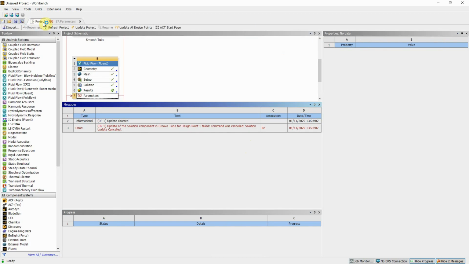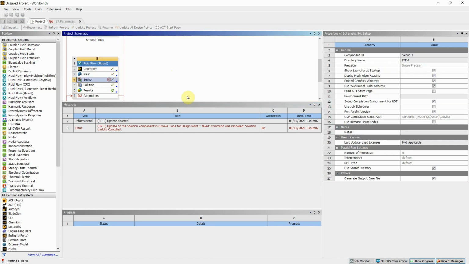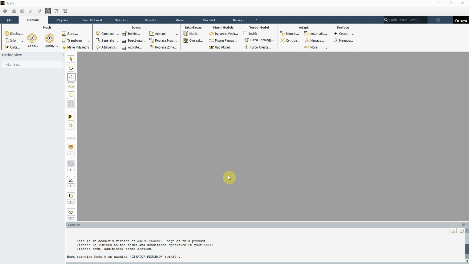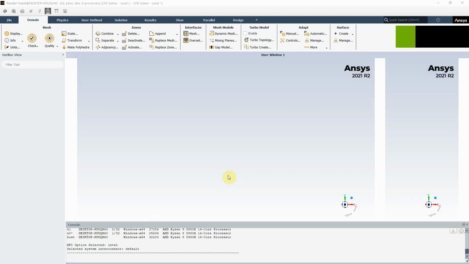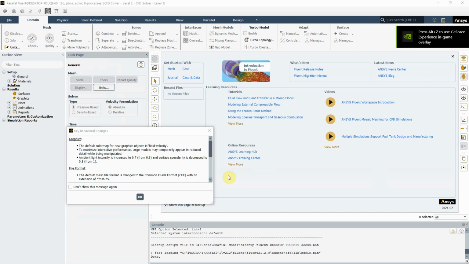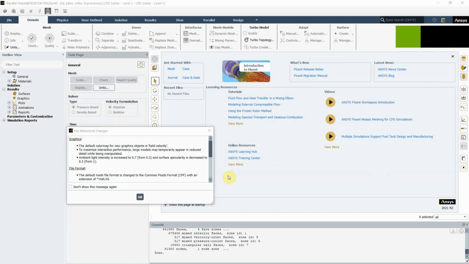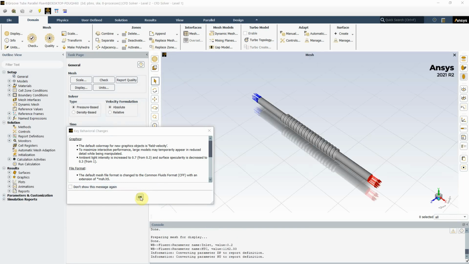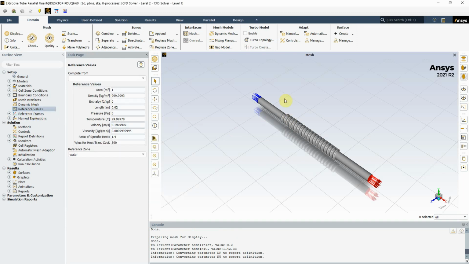Because the spiral groove has a much greater surface area, you will actually have to go into the setup. This is very important: in the setup, in the reference values, you have to change the overall diameter. The diameter is not 0.02 in total, because the spiral groove also adds extra area to it. You have to increase the diameter, because it's 4 millimeters going up and 4 millimeters going down. So the overall diameter now in the reference values, maximum height-wise, is going to be